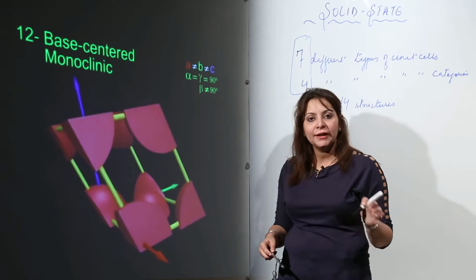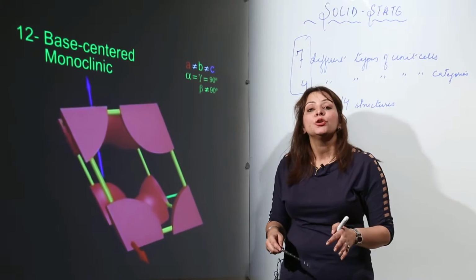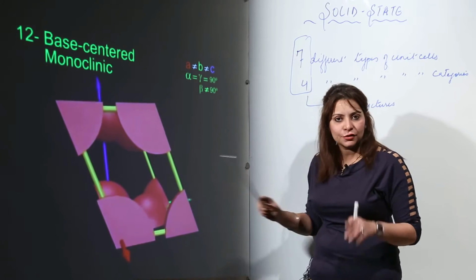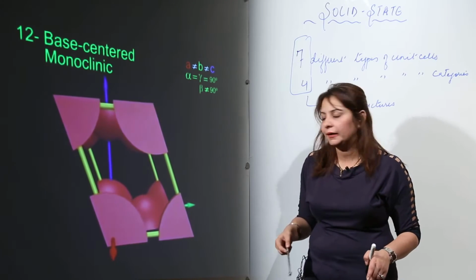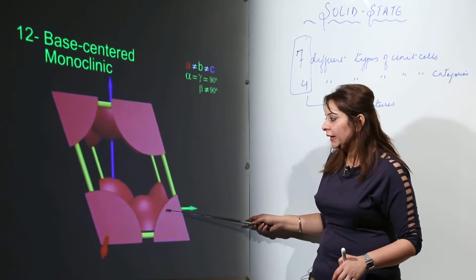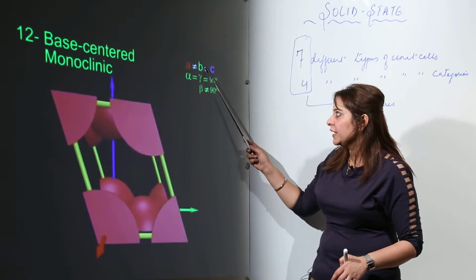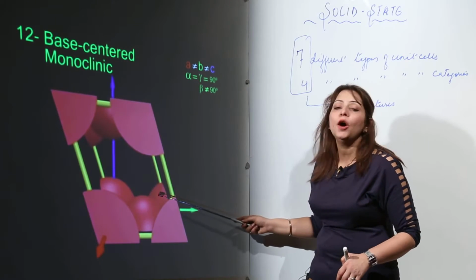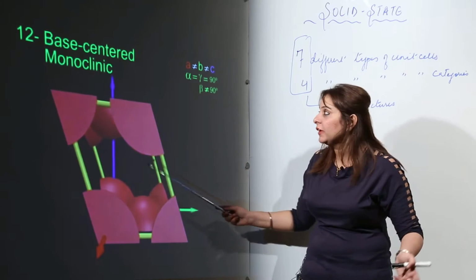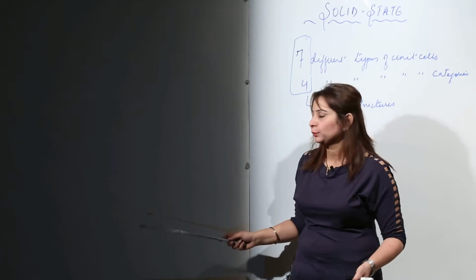But we will be taking up in the next topic in detail why we use pieces instead of a complete particle in it. So this is the monoclinic. Again you need to remember the edges, the angles and the form in which it exists. We already did primitive and this is the base centric form.